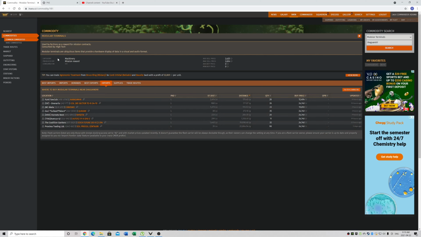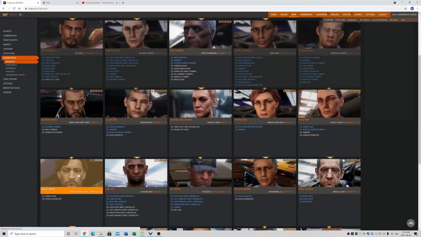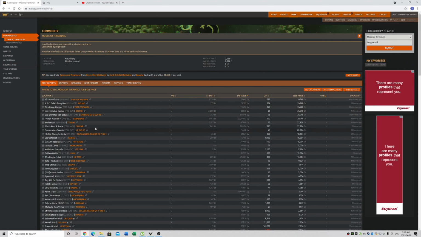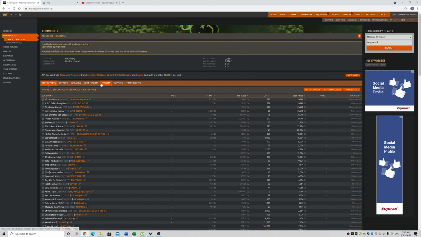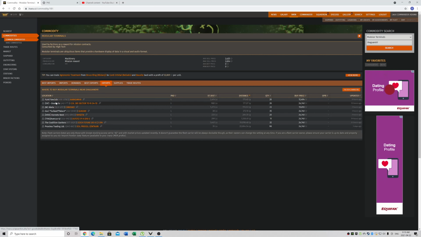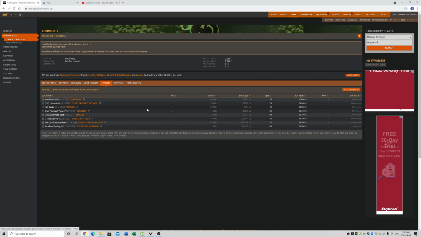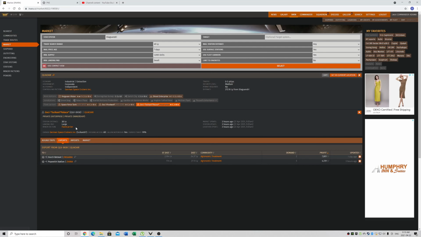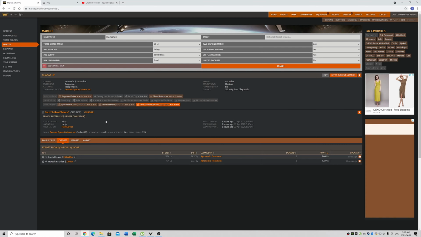Inara. Okay, so the way I do it, because it's just easier, is if you go to Engineers, Marco Quent, it pops right there. You can also find this through the commodities page, and you can see here at exports, we do have a few carriers that are selling them. So this guy's got some. The problem with this is we don't really know if it's a public or private carrier. There's no way to tell whether they're allowing